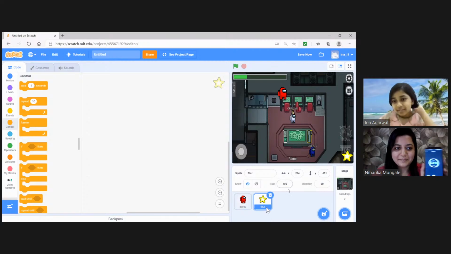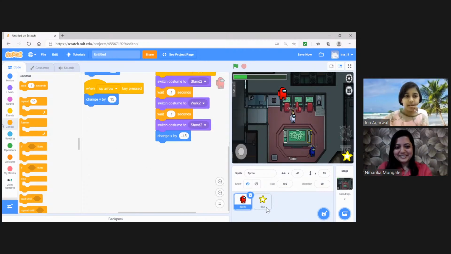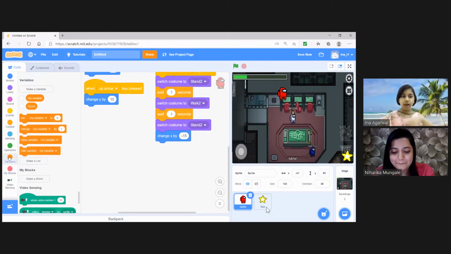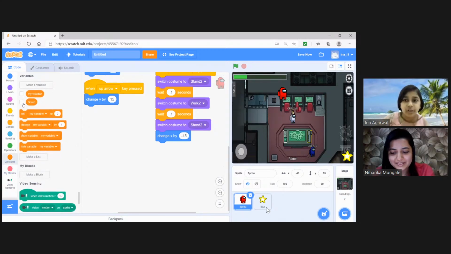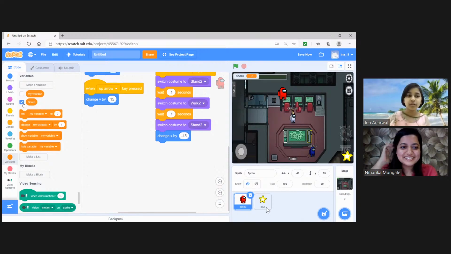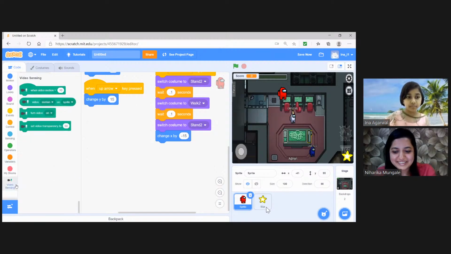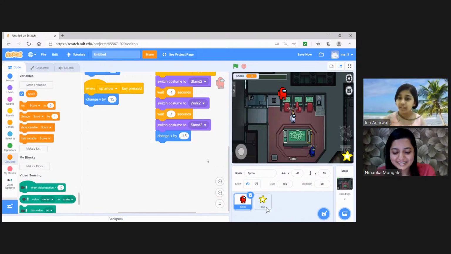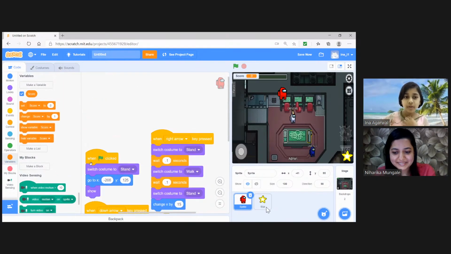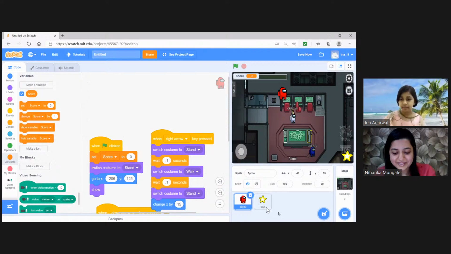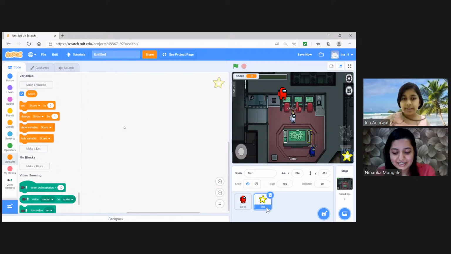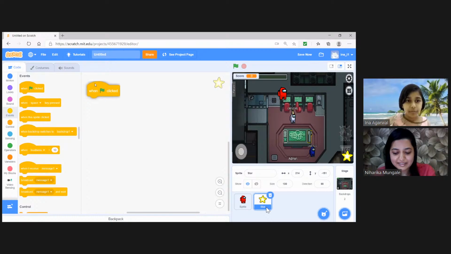All right. Okay. Let me start. Cool. So I'm going to go to variables, and I already have a variable called score. I'm just going to show it. Okay. I can delete my variable one. Alright, now I will go back to my first thing that I made and say set score to 0 when flag clicked. And here in the star, when flag clicked,